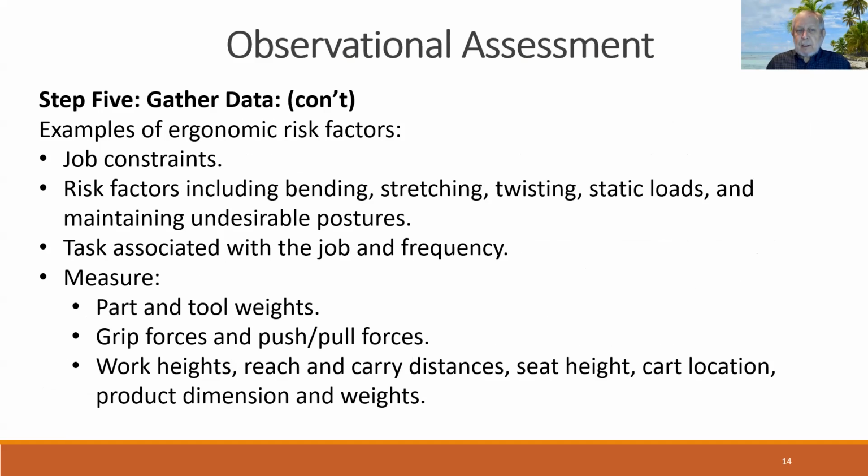Examples of ergonomic risk factors: job constraints, risk factors include bending, stretching, twisting, static loads, maintaining undesirable postures, which we call awkward postures, tasks associated with the job and frequency. So you have repetition, duration, frequency. So those awkward postures, forces. So all those are the main three: awkward postures, forces, and repetition are the big three when it comes to